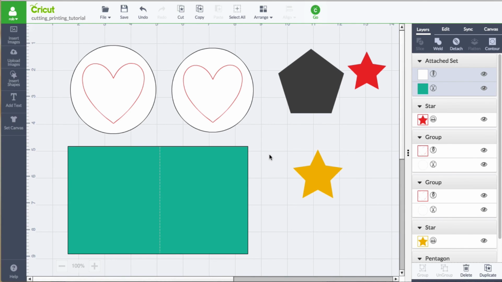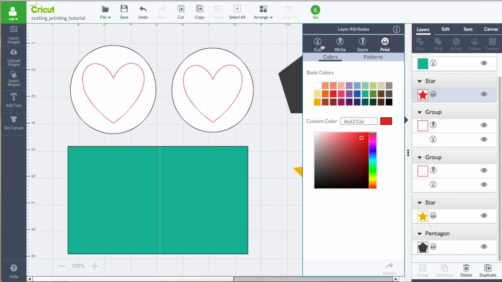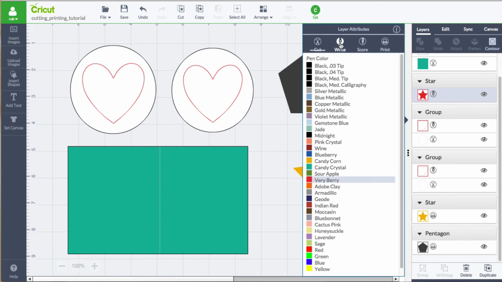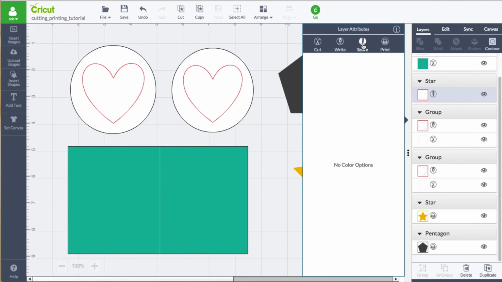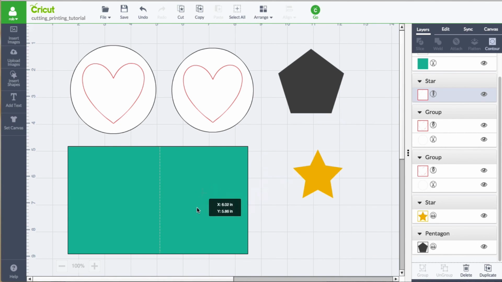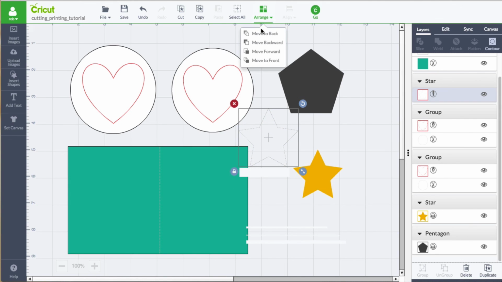So that's how you change the layer functions within the layer attributes panel whenever you are selecting a layer. You can always go from print, so like this star, if I wanted to bring it back to a cut, I can. If I want to change it to a write, I can. And I can even change it to a score if I like as well. Although you do see that it has dashed lines, when you actually send this to your cutting machine, it will actually not be dashed. It will be a solid line from point to point to point, as if a blade was going over it. But the score tool will be utilized instead of